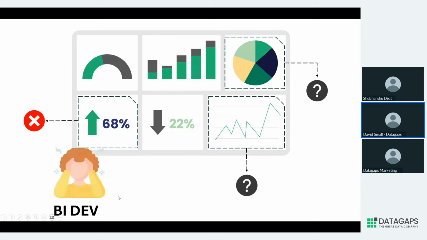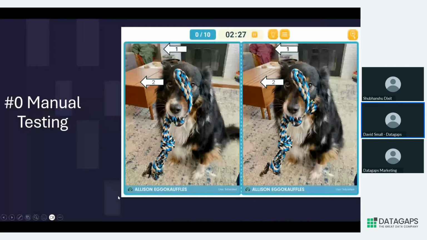I equate manual testing to these games that we used to play where it would be find the differences, and we're doing this manually, right? A lot of manual testing, whether it's testing the visuals or testing data, testing the filters, when you're doing it manually, it takes an enormous amount of time, but you also almost always miss things. So I use the analogy of find the differences, right? So in this particular case,